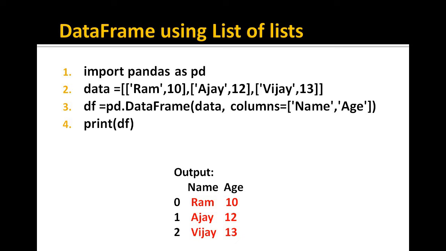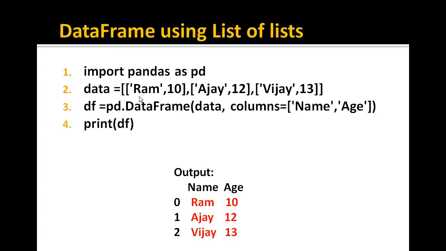Now if the data frame is created by a list of lists, then it can have multiple columns. With only a single list of scalar values, it will have only one column where each value will be assigned in each row. But if you are providing a list as the first value, a list as the second value, a list as the third value, then they will be assigned row wise.